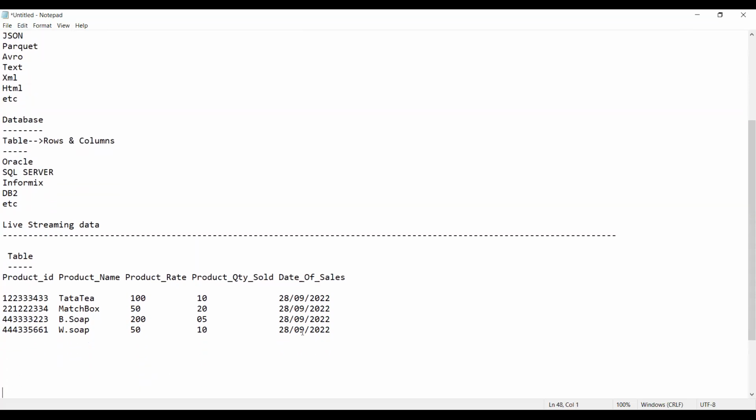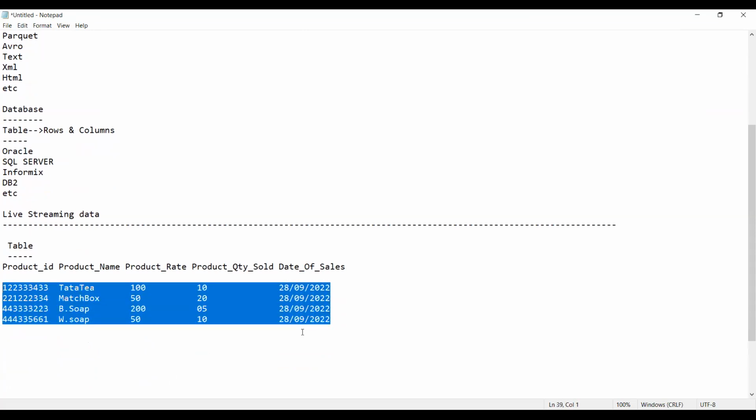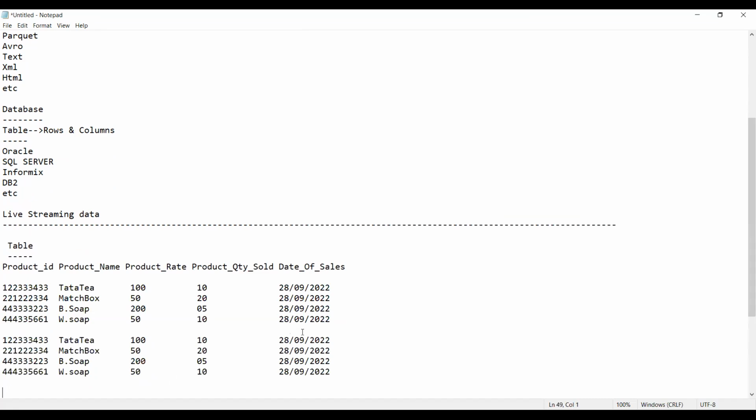This is the data of 28/09. Now I'm using the same rows, but my main intention is to change the date here: 29, 29, 29, and 29. Got it, all of you?